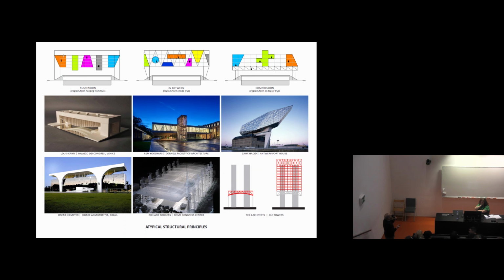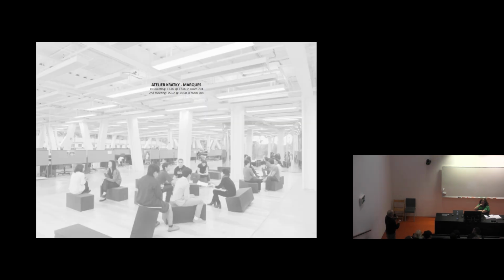So this is a project where you have to explore this sort of symbiotic relationship between form, structure, and the program. The last image is the Cornell School of Architecture by Rem Koolhaas, and this is an example of a program inside a structure. You can see there's a series of very deep structural beams, and the studios are in this space.